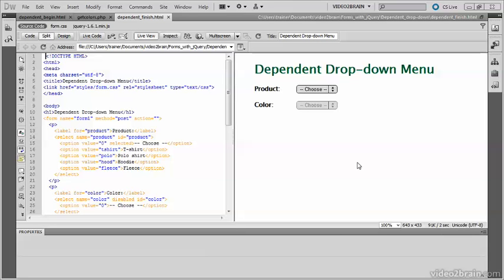Dependent or cascading drop-down menus are frequently used in database-driven websites. The color menu is disabled until a choice is made in the product menu. And changing the selection in the first menu changes the values in the second. Often the options in a menu depend on current stock levels, so it's necessary to send the selected value to